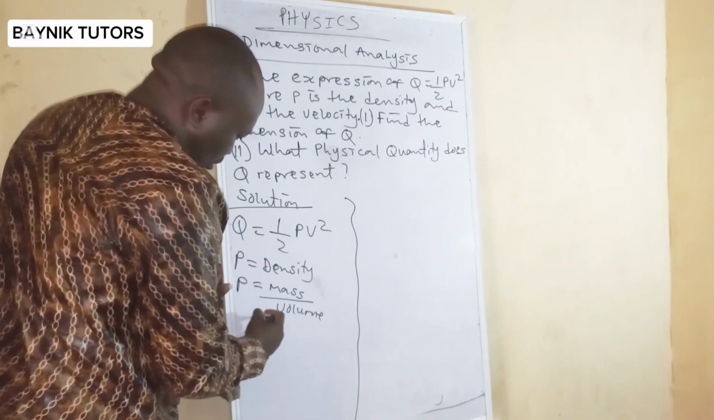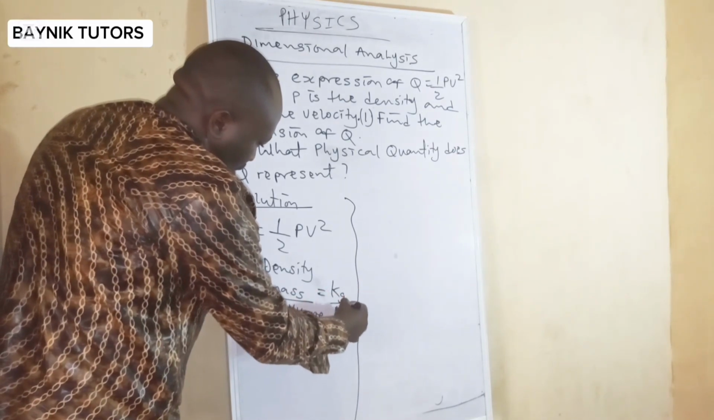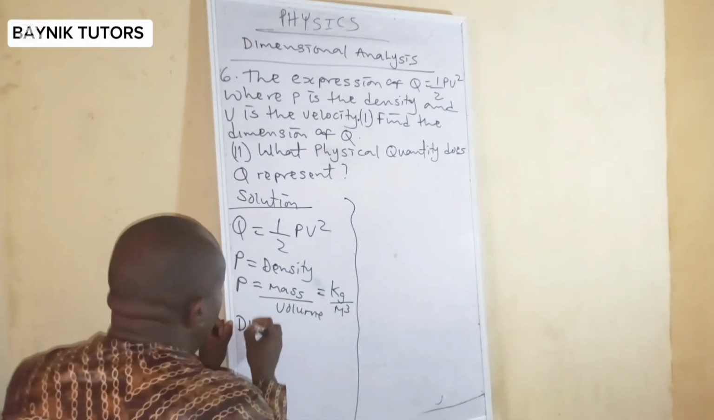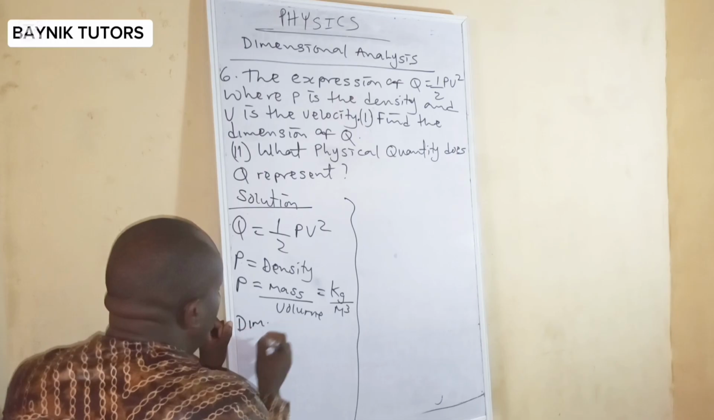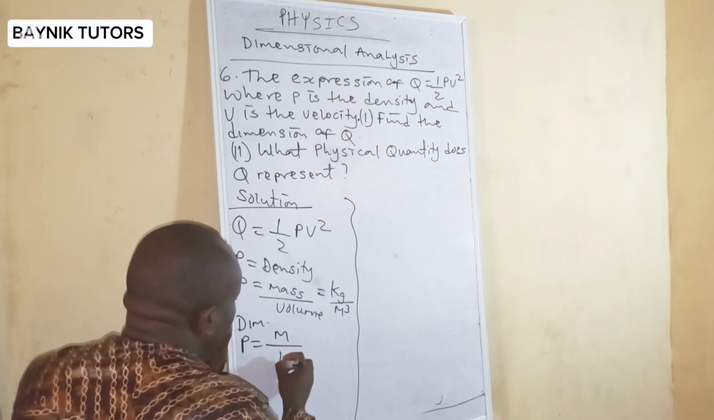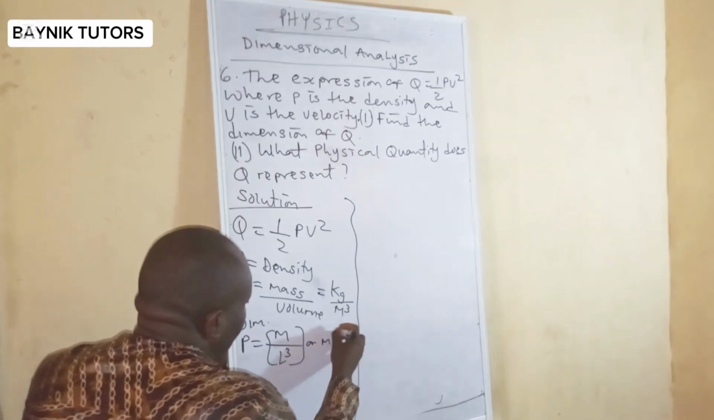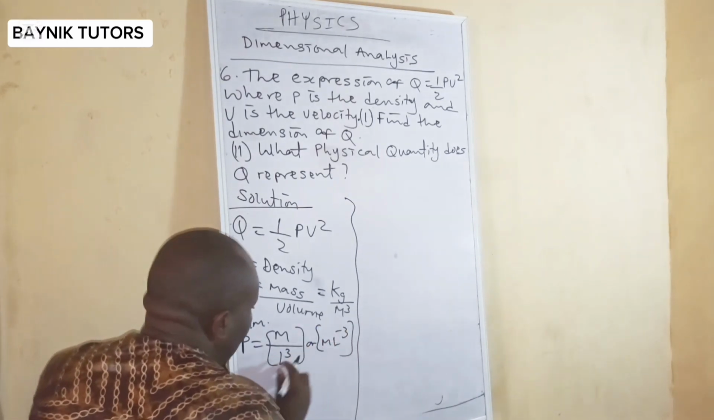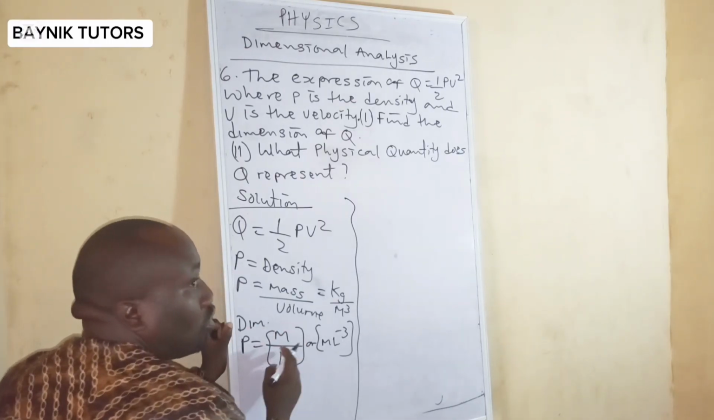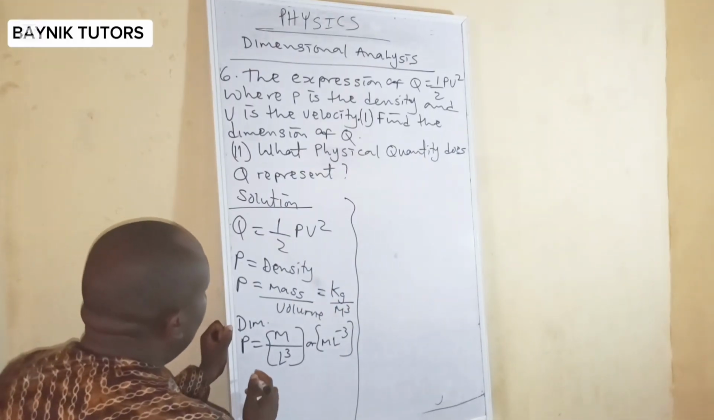And in terms of unit, it will be kg per meter cube. So under the dimension, we have our P will now be M over L raised to 3, or ML minus 2, because the denominator dimension, when you turn it to numerator, the power of that denominator is 0. So if that is done, we can now say from here,